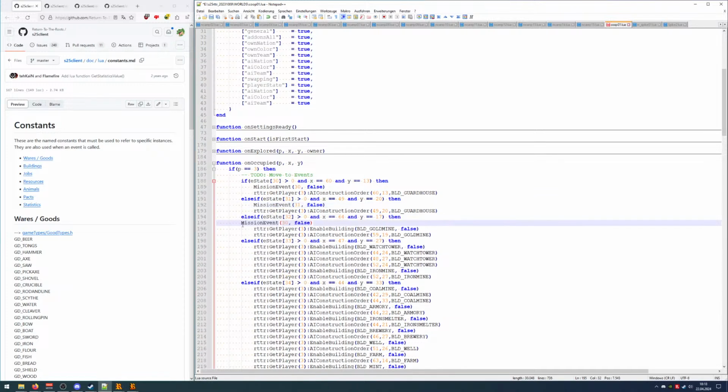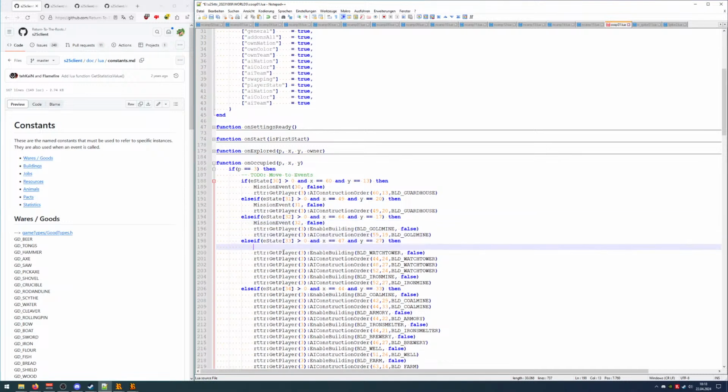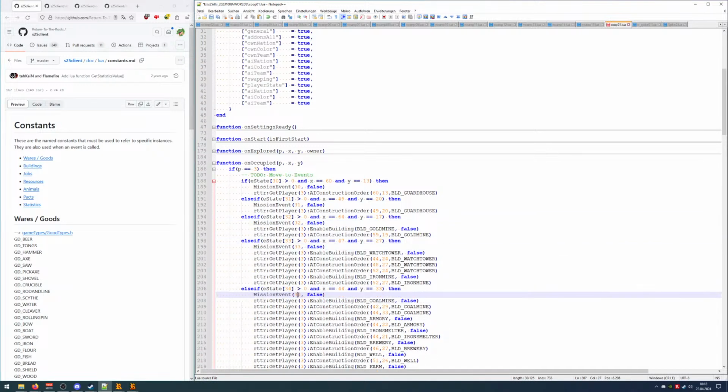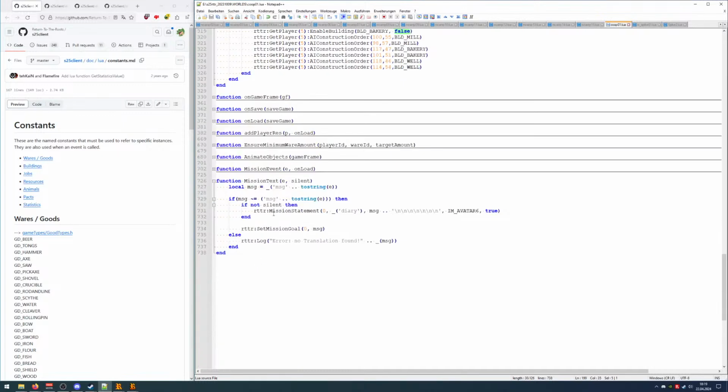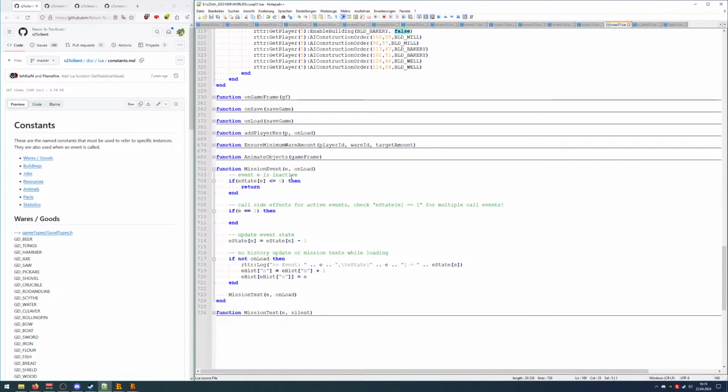31, 32, 33, 34. And those are not on load because, well, they are actually triggered here. And now the next thing is mission event. This is this function. And now we have event 30,